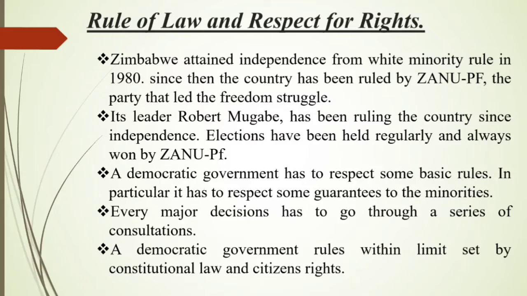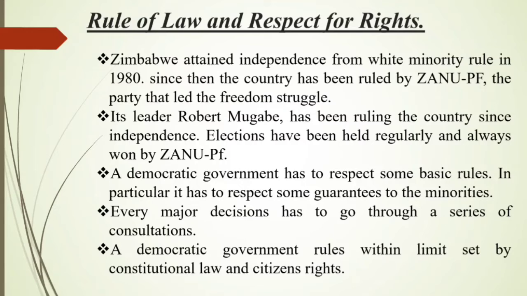Which kind of democratic government is that, where the government is not obeying the court's decisions or the court's orders? This kind of government cannot be called a democratic government, because our point is the rule of law, where the country must be ruled through the constitutional laws. What is the meaning of constitution? Constitution means some basic rules, some basic regulations, or some basic laws through which the government and the country can be governed.